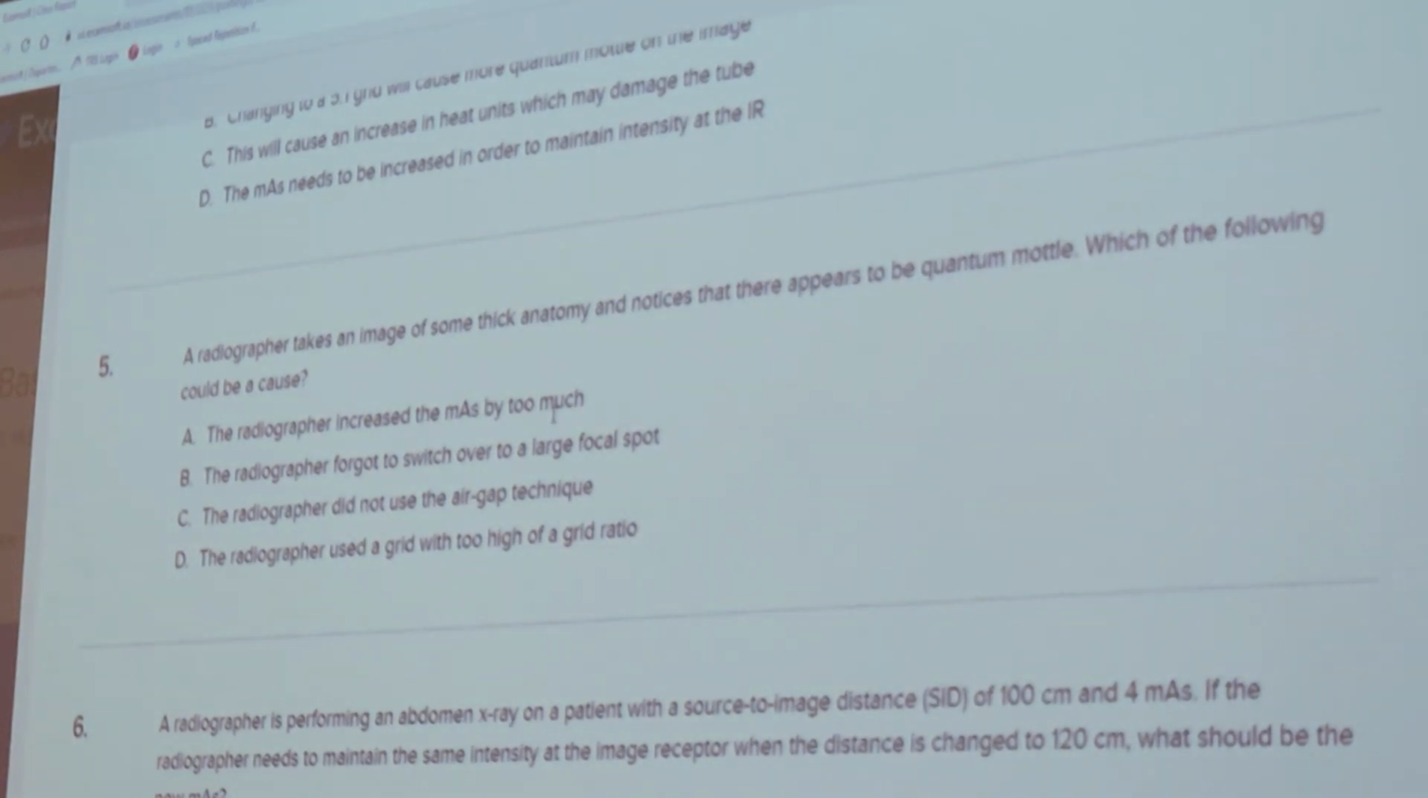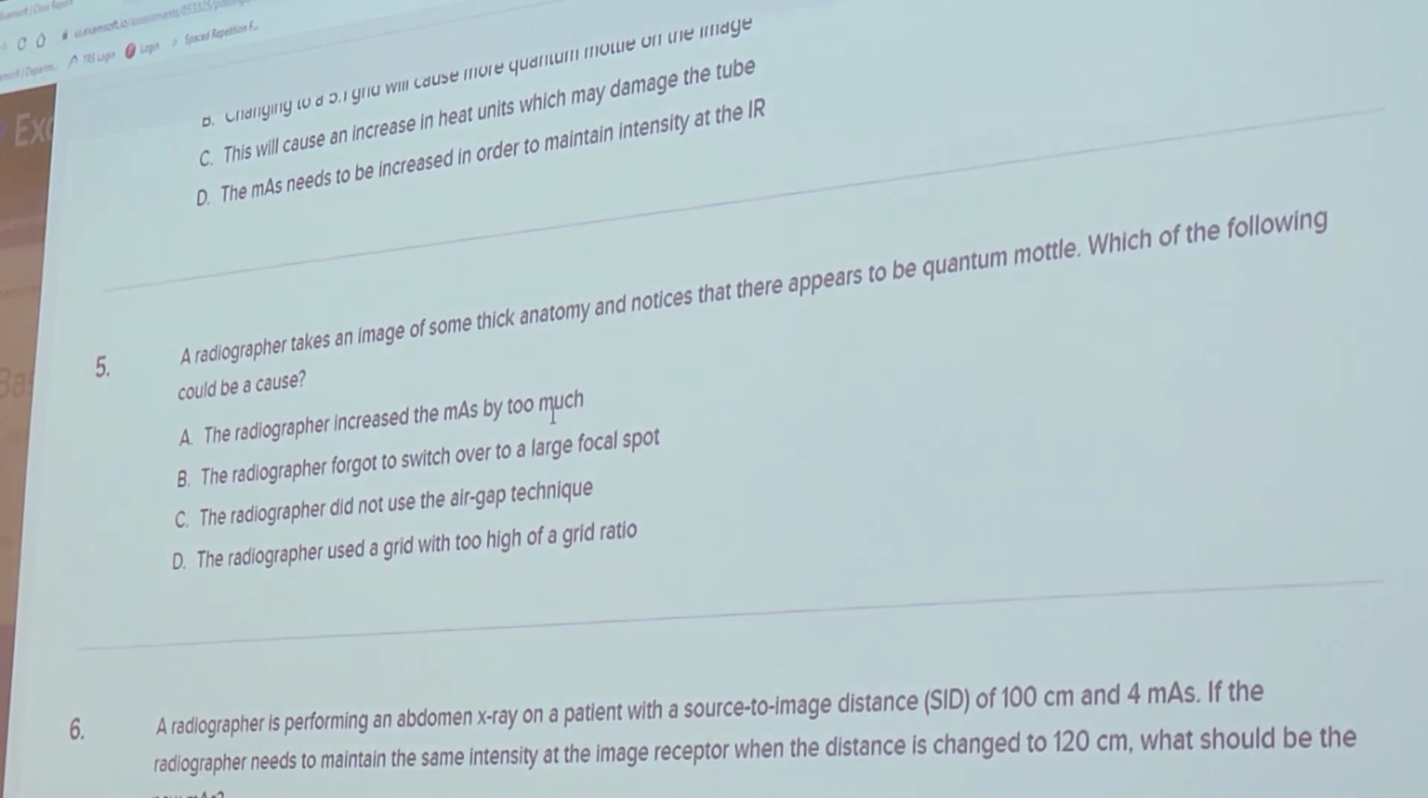Okay, if we move up the grid, which one would you want to change first for the technical factors? KBP or mass? The mass. Mass, okay, so everybody knows that? Yeah, you know that. I understand that, but when I see this type of stuff... So do you understand question 5? Of course, I understand when you have thick anatomy, you have to use a higher grid. But the quantum noise,